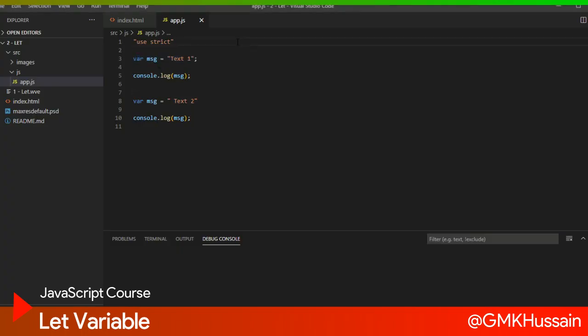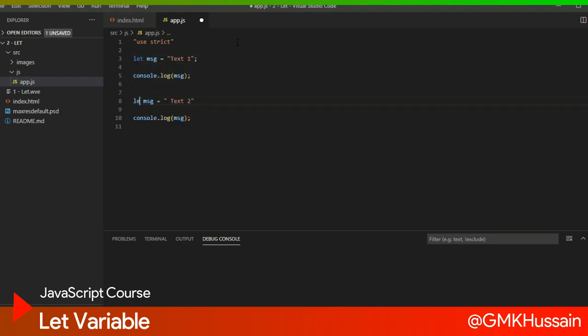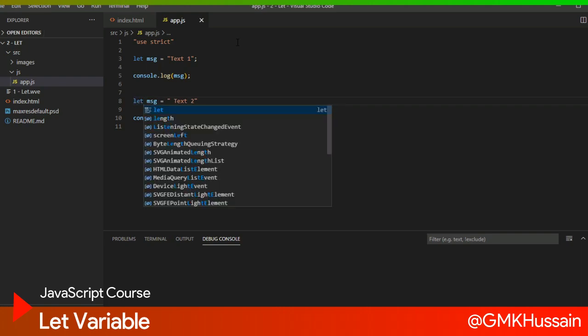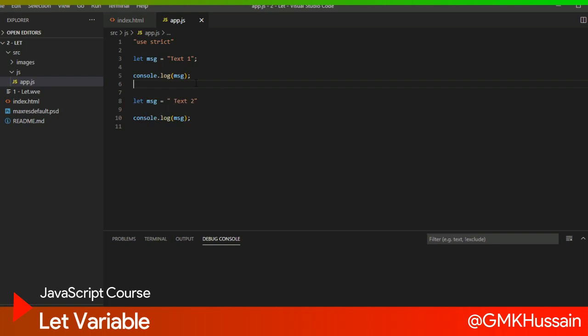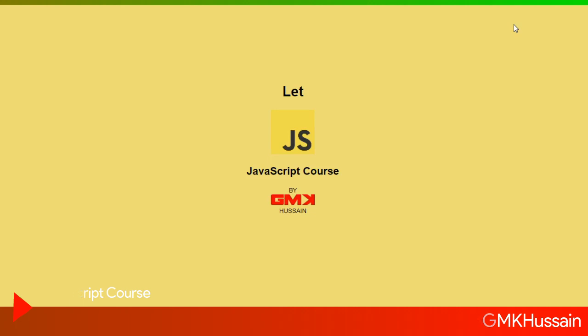The same thing we will try with a let variable. This code will not allow us to redeclare the same variable a second time, just like we can see this error here: identifier message has already been declared. I recommend we use let instead of var to avoid overriding our variable